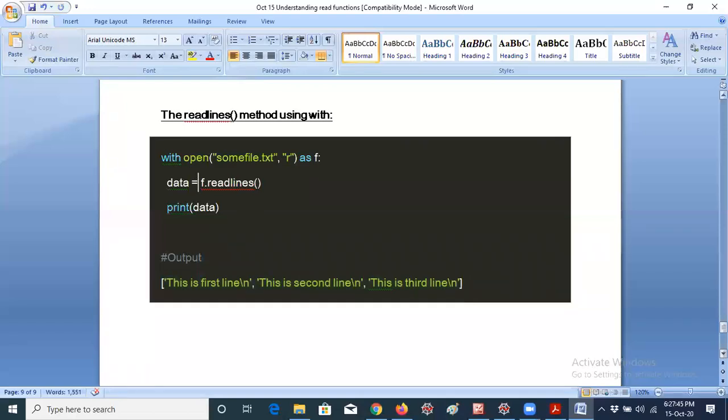Hope you understand, guys. I will give you today's assignment. Use the read, readline and readlines methods. All three methods you should use, and you can create a new file and enter some data in that file, at least 3 lines. I will specify this in the assignment material.